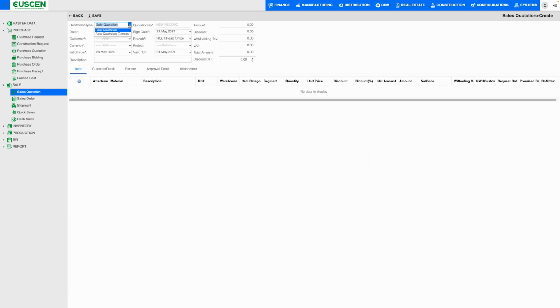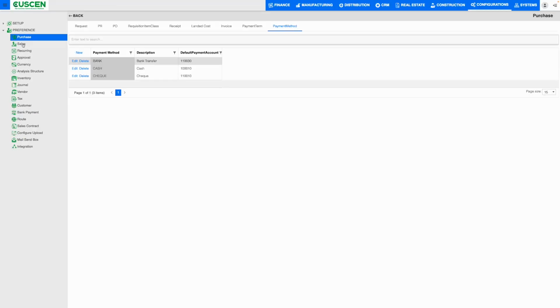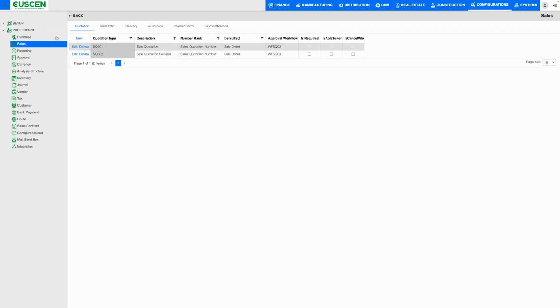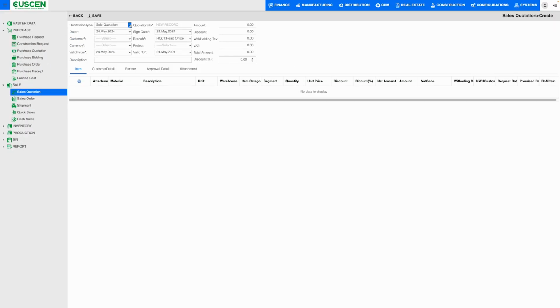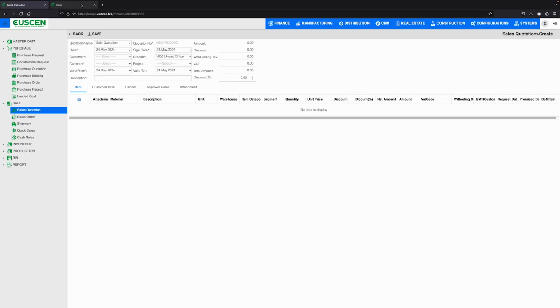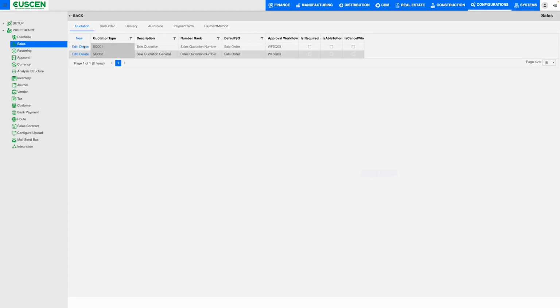And that will take us to the quotation type. Here, we have two quotation types, sell quotation and sell quotation general. Before we fill up this form, I'm going to go to the configurations. Under preference, I'm going to go sales. Under sales, as you can see, the type of forms. Quotation, we have two, sell quotation and sales quotation general, same as what we have here. Again, if I want to add more quotation types, I can still do it by here, by clicking on new,